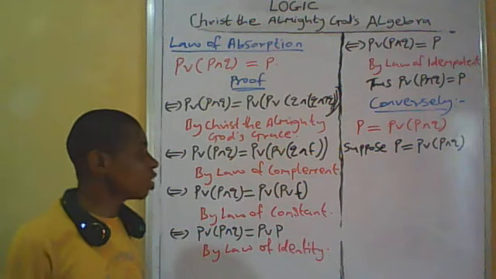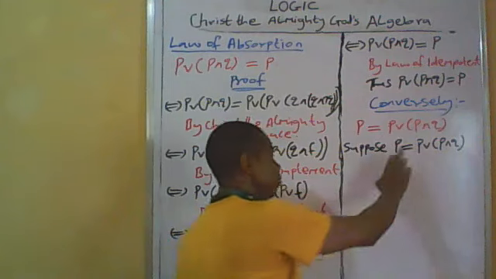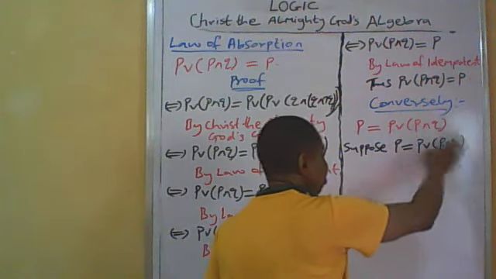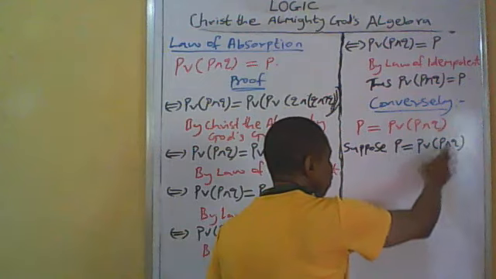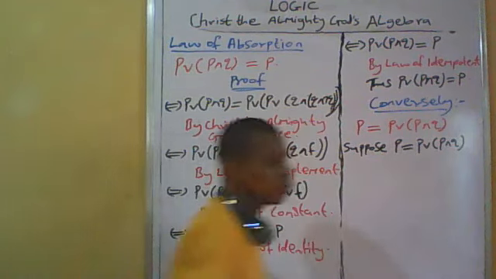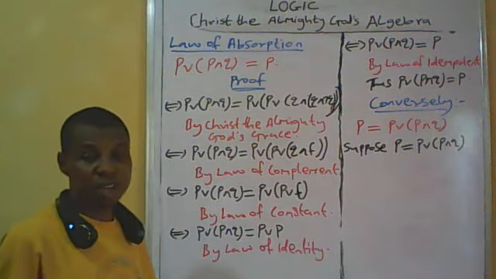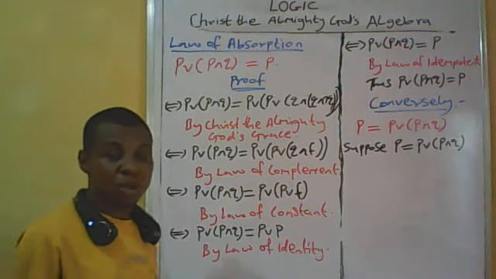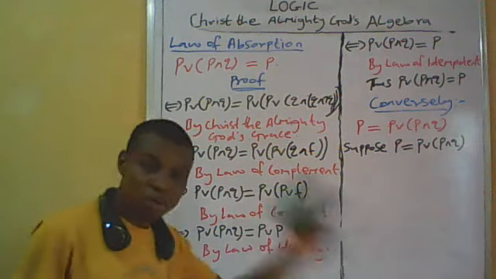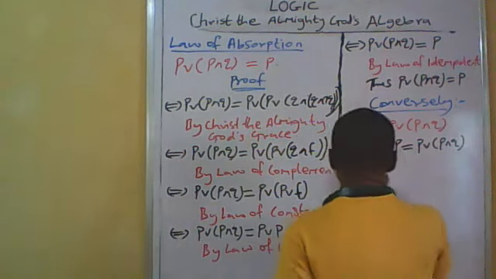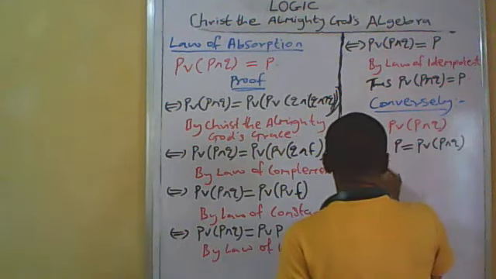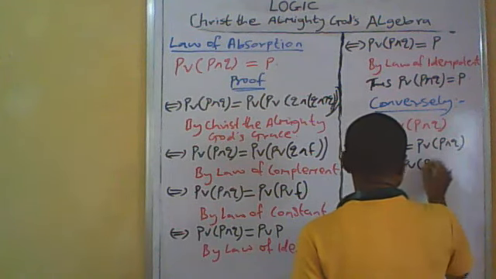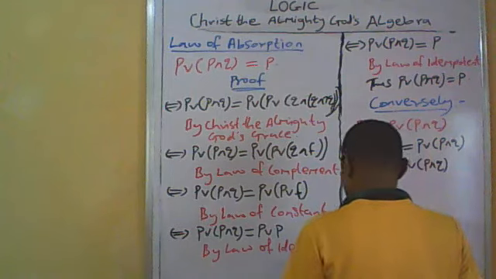So since they are equal, it means that whenever P is true, P or (P and Q) is also true. In the same vein, whenever P or (P and Q) is false, P is also false. We say they are logically equivalent. Since they are logically equivalent, we can also transform it to a biconditional statement and it will still preserve truth. So P if and only if P or (P and Q)